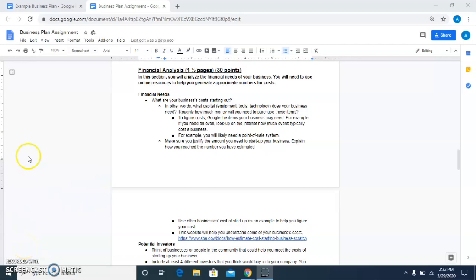All right, this week we're going to focus mostly on the financial analysis portion of your business plans. In this section, you're going to analyze the financial needs of your business, and you'll need to use online resources to help you generate approximate numbers for costs. It's important that while you are finding this information,